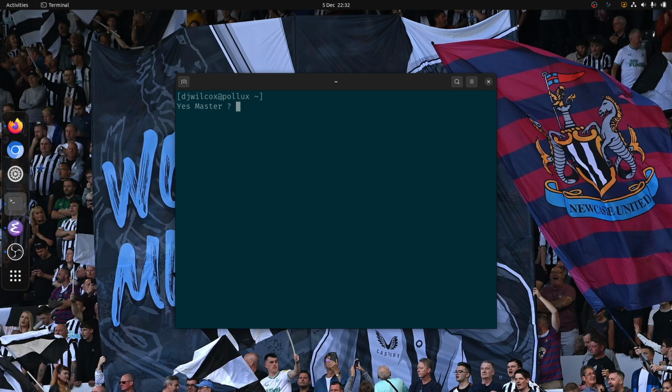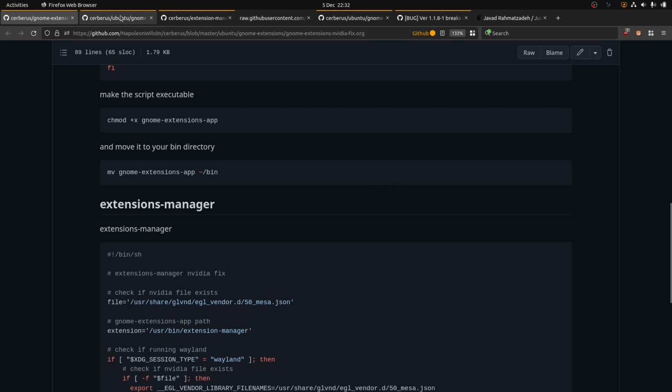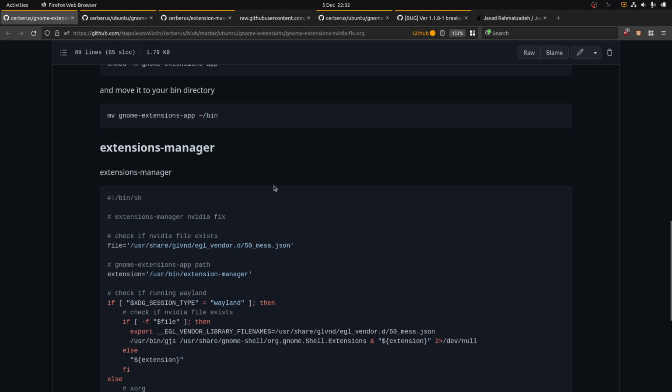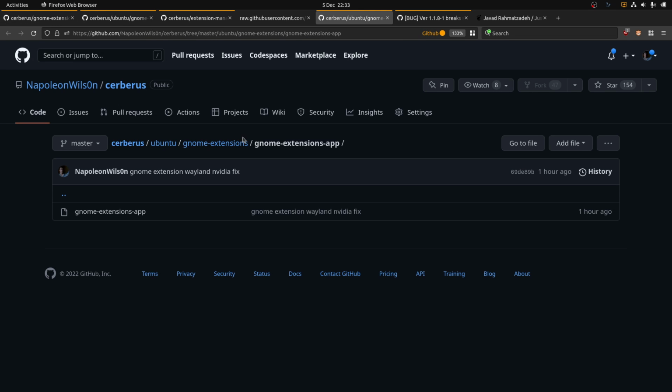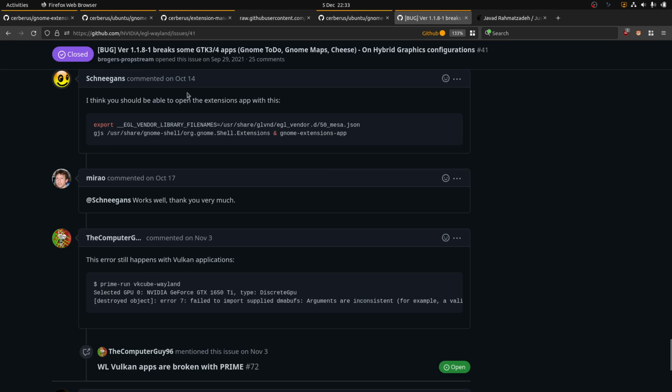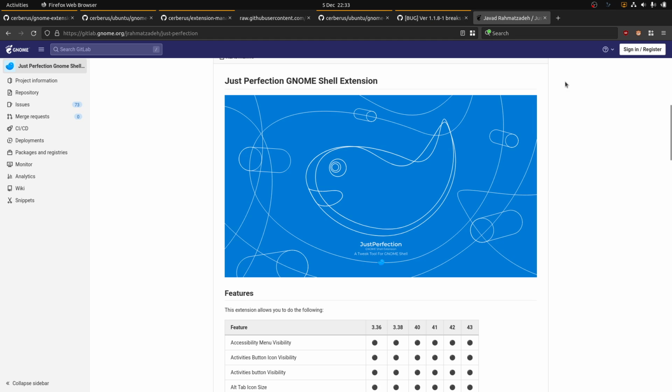So that's all you need to do to fix it. Download the 2 scripts that I'll link to, make them executable, put them in your bin directory, and then you can launch one of them, as I showed you graphically. The other one you have to do on the command line. And again, this was the commit on the nvidia EGL Wayland issues page from Shenanigans, and this is the Just Perfection GNOME extension that will